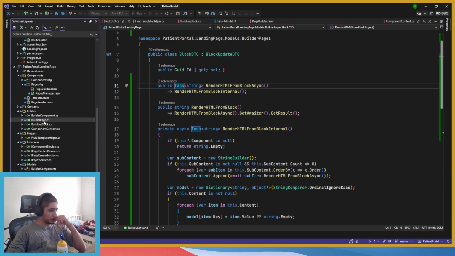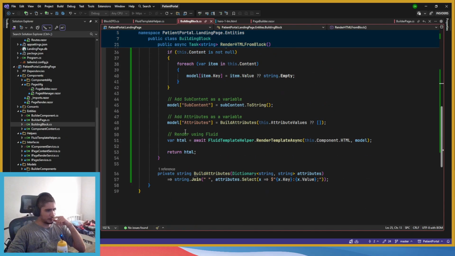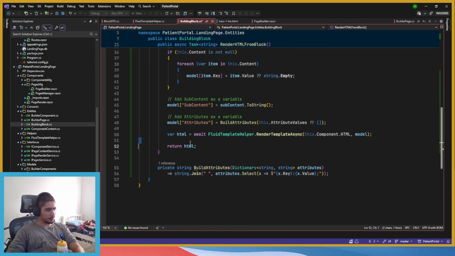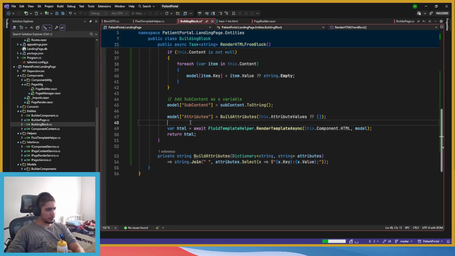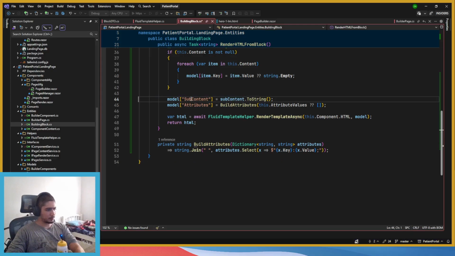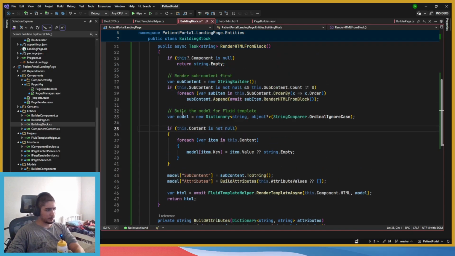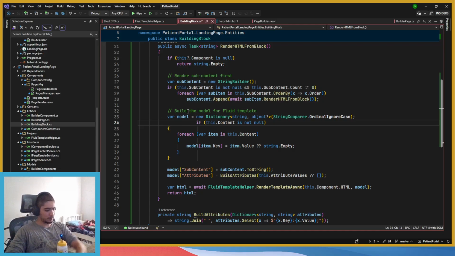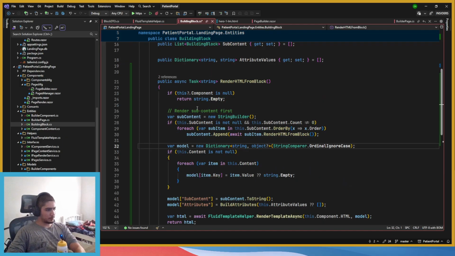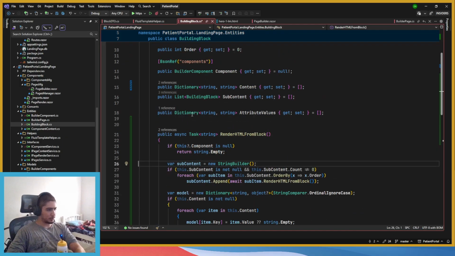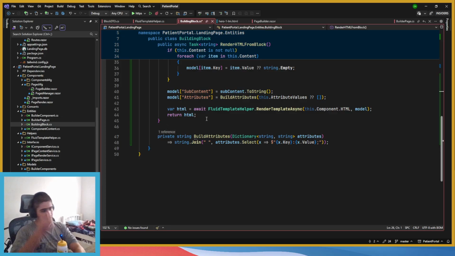Go to the block as well. So probably the same thing that it did. Yeah. Render attributes. Now we keep the space. I'm gonna have to check this one again. Subcontent seems logical. Okay, so yeah, seems super logical.